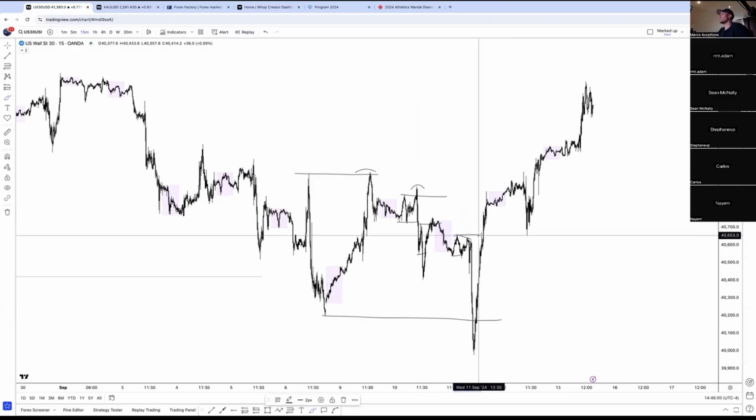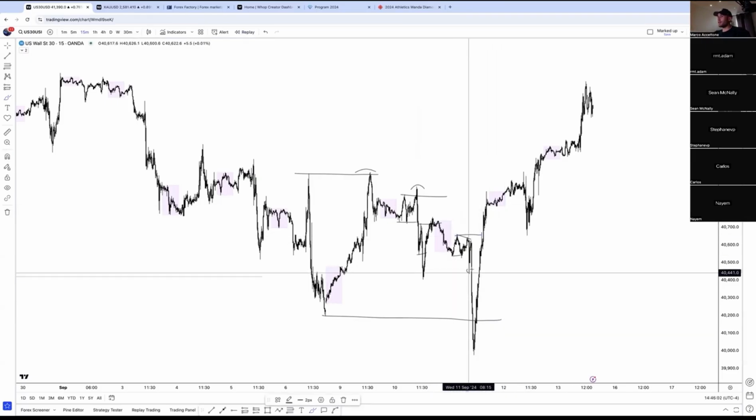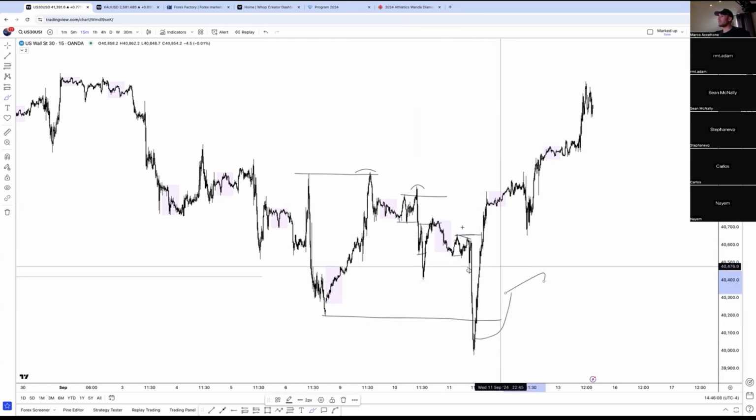Sometimes you guys ask me, oh, I took it. Let's say you guys took a long down here for some reason. You're like, there's liquidity here, I want to target that. It's just leaving that for when we need to go long. Okay, so that's for the future.